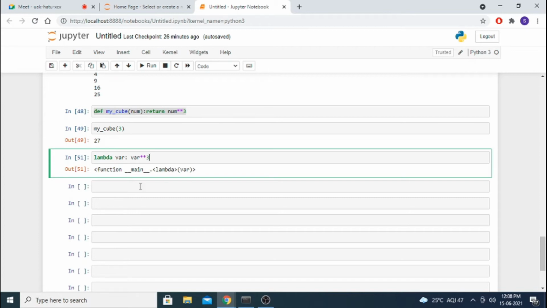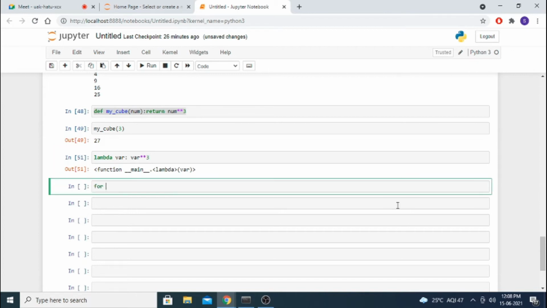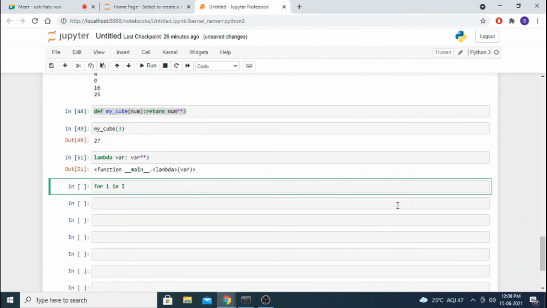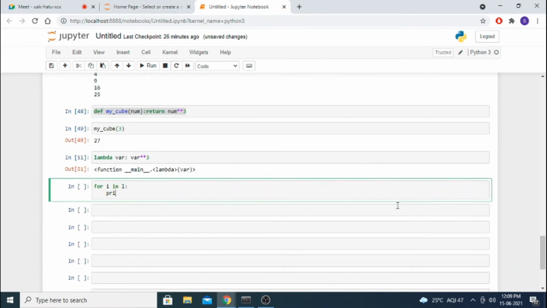Okay, now for i in list, I hope you know the list, print lambda of i. Like that we can use it.